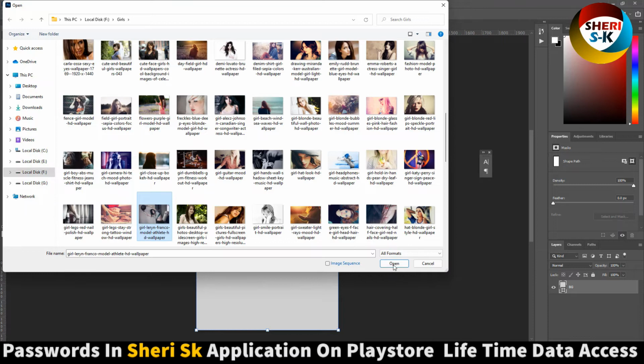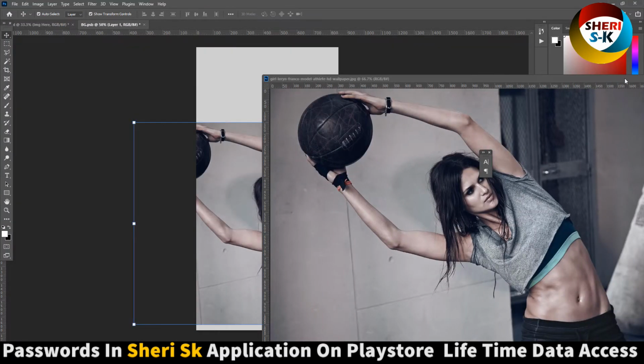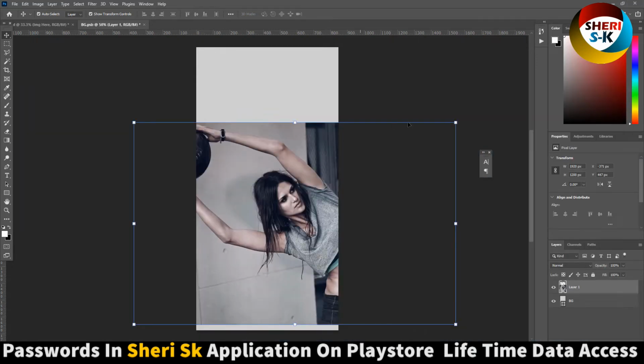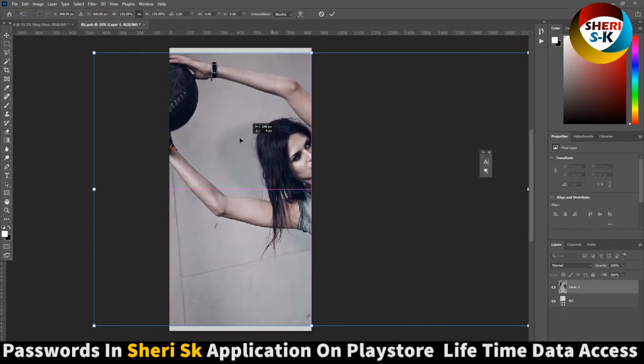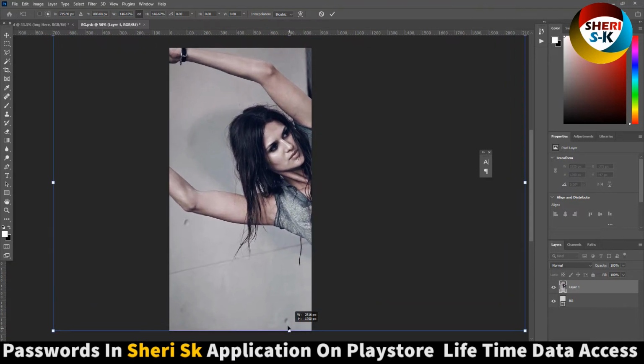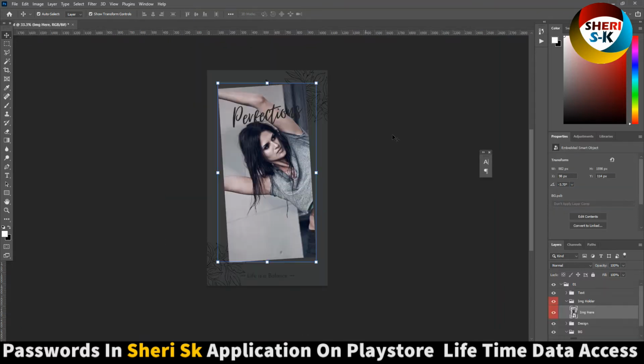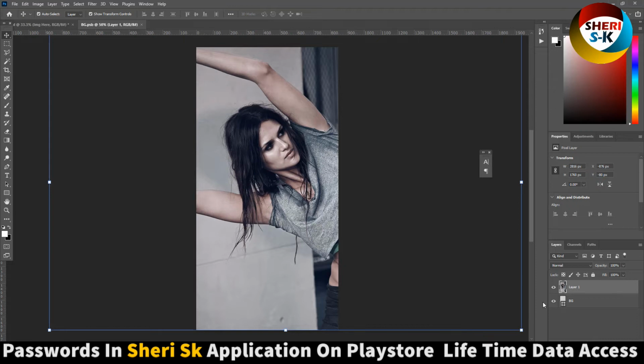Okay, drag here. Depend your own choice. Enter, Control S, and you see our photo is here. Control Shift U, Control S,